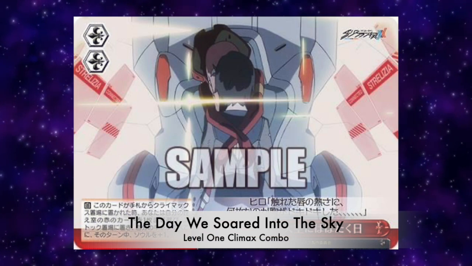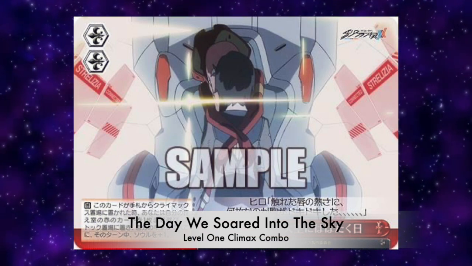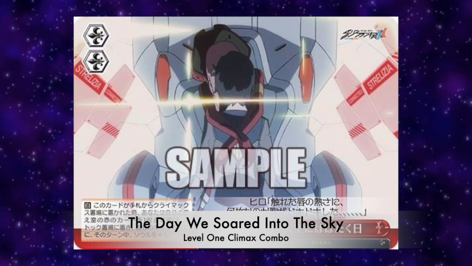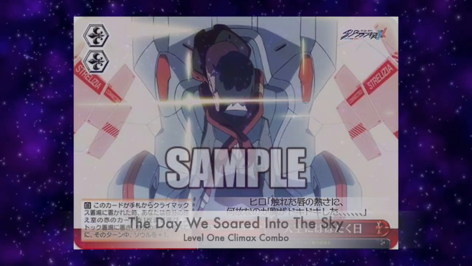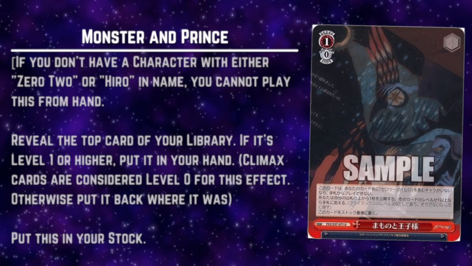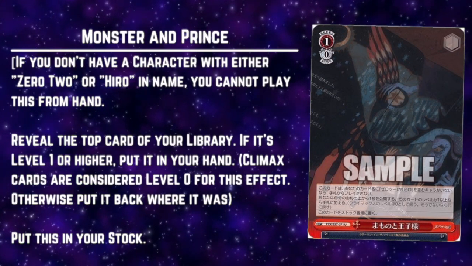The Day We Soared into a Sky is a 2 soul climax that on placement, you may choose a red card from your waiting room and send it to your stock, then all your characters gain 1 soul. These previous effects are more common to Weiss decks, but that's not to say there aren't any novel cards for this deck. Monster and Prince is a powerful level 1 event that states if you don't have a character with